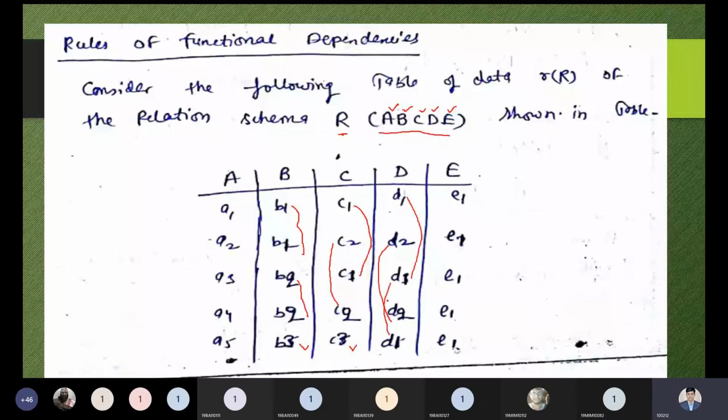Same we can say for E. In the E, we know all these values are the same, as it is E1, E1. So multiple values we have in the form of duplicacy. So B, C, and D are the attributes which are keeping the information in the form of multiple copies, or redundancy. This is a relation which can have such attributes, but A is an attribute which does not belong to the duplicacy part. So this is a point we need to keep in mind.